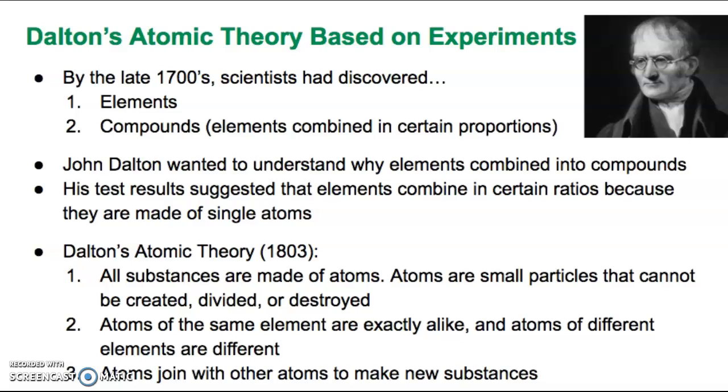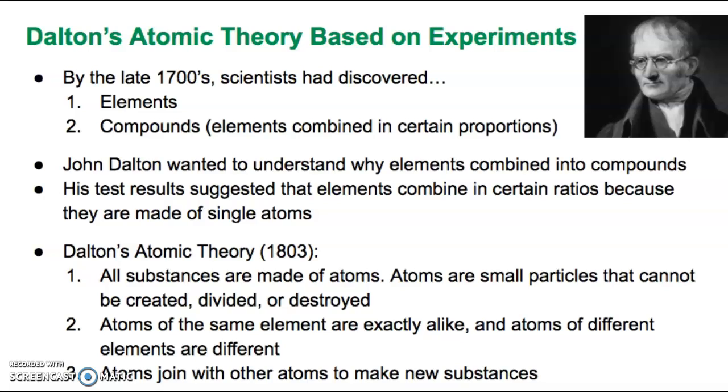In the late 1700s, science had come a fair ways. Scientists were starting to understand elements. They were starting to understand compounds, this idea that elements could be combined. But they hadn't made it much beyond identifying these things existed. John Dalton, a scientist from about that era, late 1700s, early 1800s, set out to understand this concept of compounds